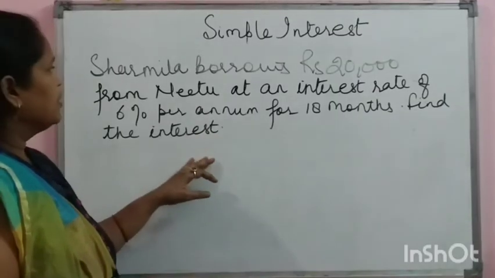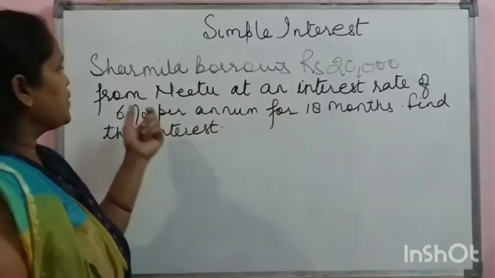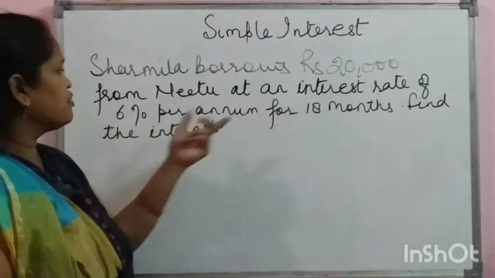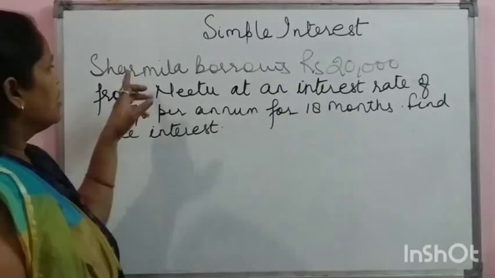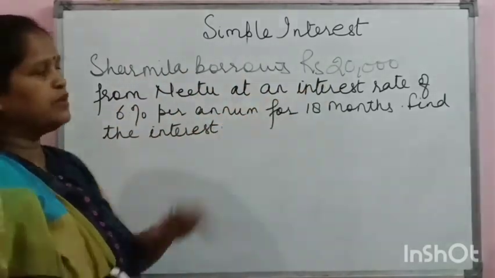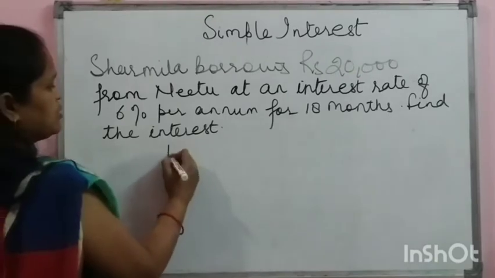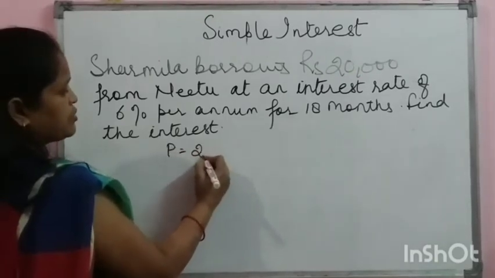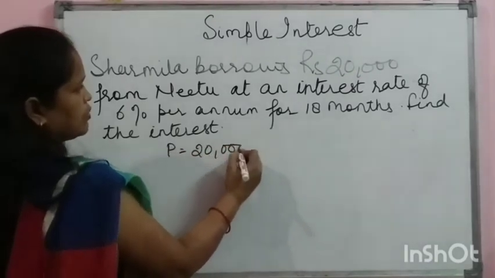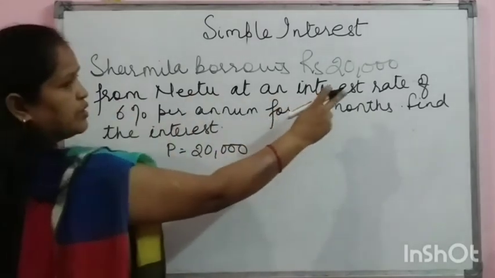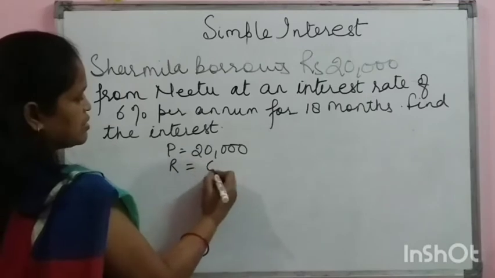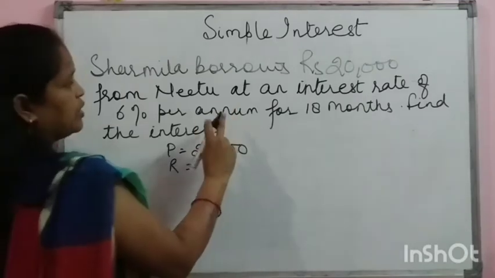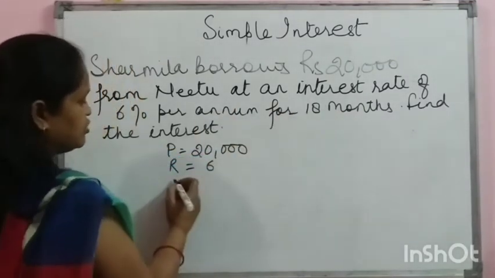Next problem. Sharmila borrows rupees 20,000 from Neetu at an interest rate of 6% per annum for 18 months. Sharmila borrows rupees 20,000. So your P is 20,000, right? And interest rate of 6% per annum. So rate is 6% per annum for 18 months. Your T is